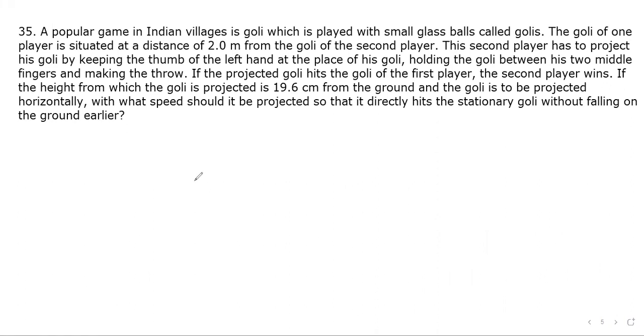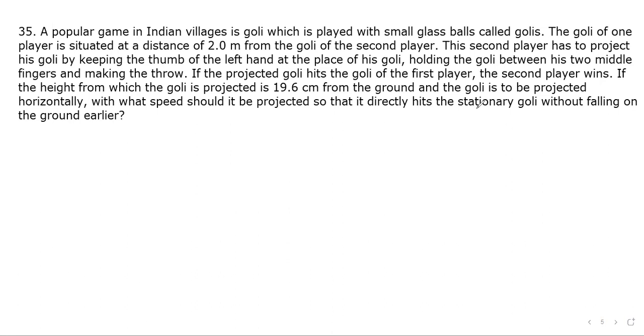Question number 35. A popular game in an Indian village is goli, which is played with small glass balls called golis. The goli of one player is situated at a distance of 2 meters from the goli of the second player. This second player has to project his goli by keeping the thumb of the left hand at the base of his goli, holding the goli between his two middle fingers and making the throw. If the projected goli hits the goli of the first player, the second player wins. If the height from which the goli is projected is 19.6 centimeters from the ground and the goli is to be projected horizontally, with what speed should it be projected so that it directly hits the stationary goli